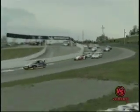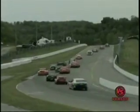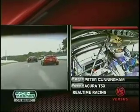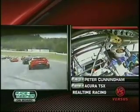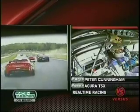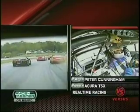And the Volvos lead them down through the exit of 1 and into the corner that many say is one of the most fearsome in all of road racing around the globe. Turn 2, double apex, fall away, on board right now with Peter Cunningham. As you can see here, there's 2 apexes, and it falls away to the outside the whole way down the hill. Over 120 miles an hour at the entrance